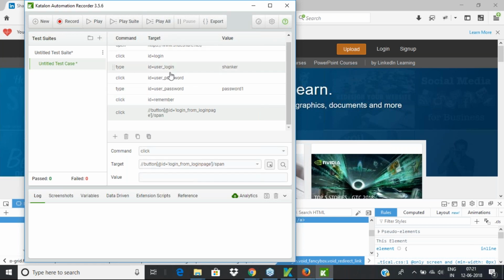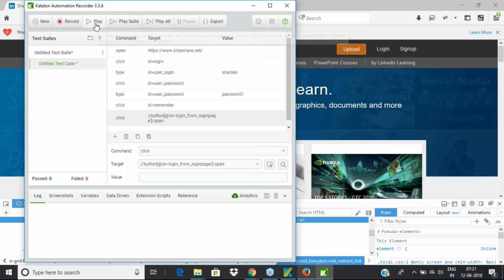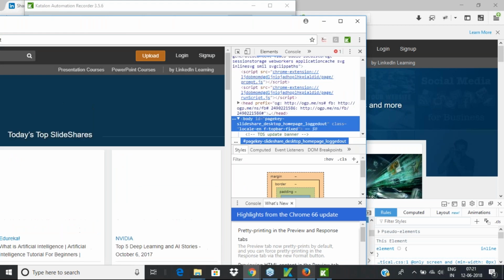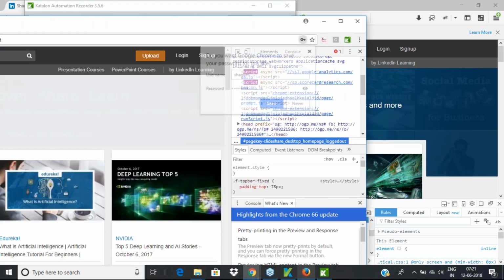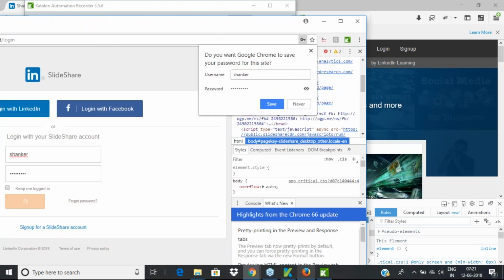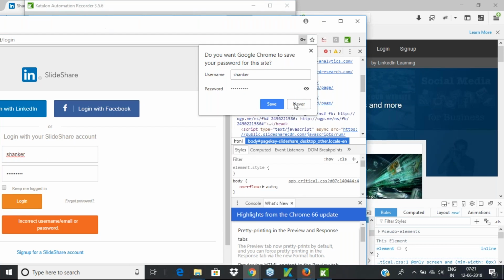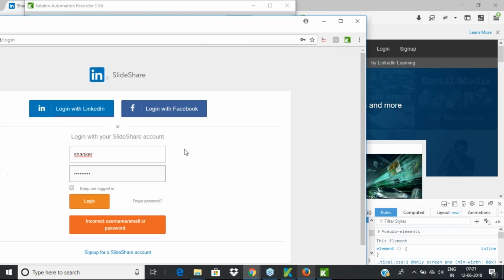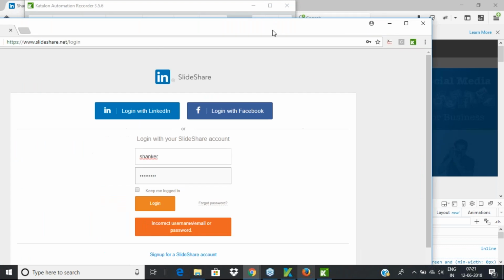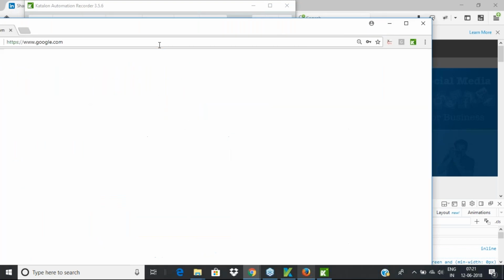If you want to just play back this alone, you can simply click on play, which will try to perform the same operations on the application. So as you can see, let me close all these things. The same thing has been performed. I'll just put it in some other website maybe just for,